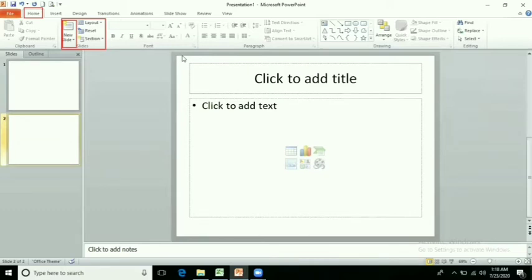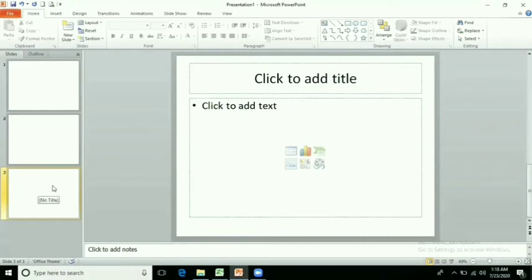So according to our requirement, we can take any. If we want to insert more slides, same we can go to the new slide and then we can choose it. Otherwise we can use the shortcut key also, and the shortcut key for the new slide is Control plus M. Control plus M for the new slide in our presentation, and Control plus N for the new presentation.